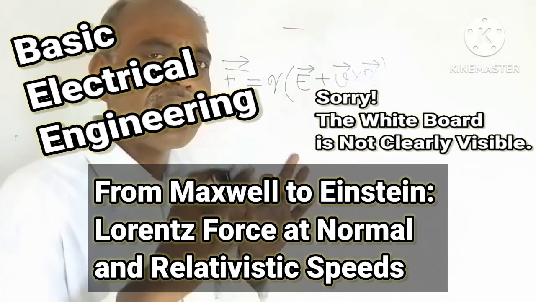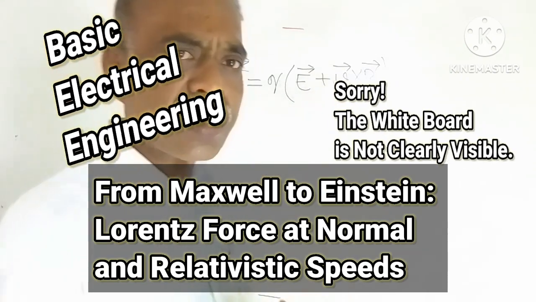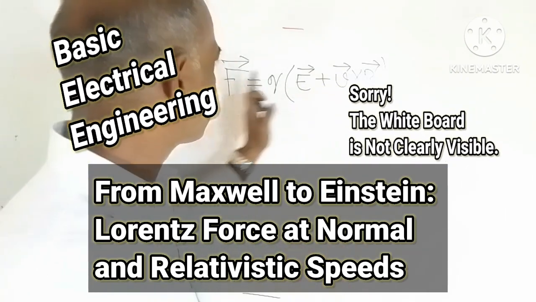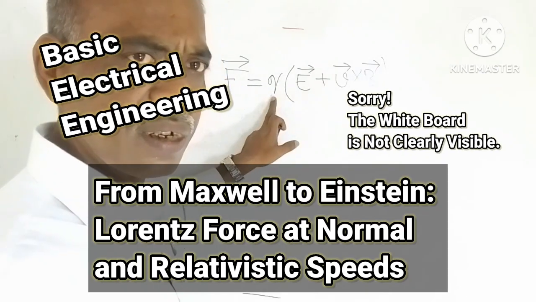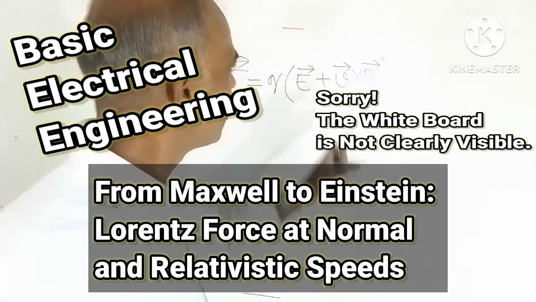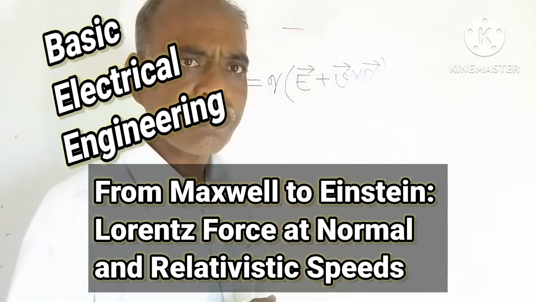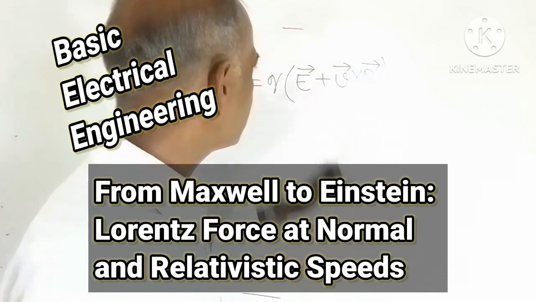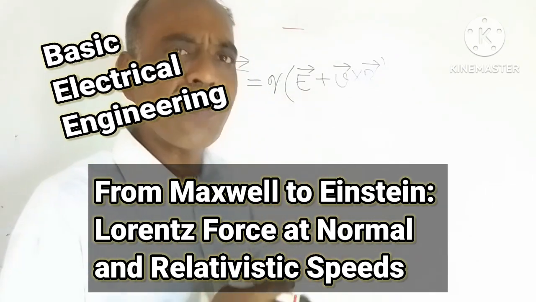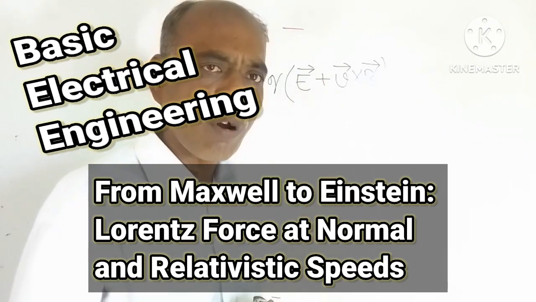Whether it is positively charged or negatively charged, it is applicable for both. E is the electric field, capital E. v is the velocity vector. All these things are vectors. q is not a vector, it is a scalar quantity, but the other things are vectors. v is the velocity vector and B is the magnetic field. Magnetic field is a vector quantity, and electric field is also a vector quantity. So this is the mathematical expression for Lorentz force